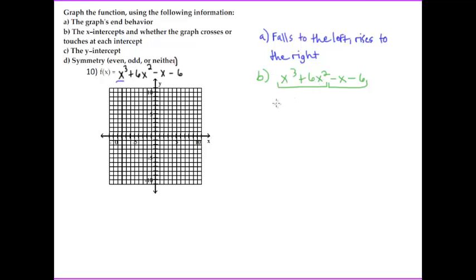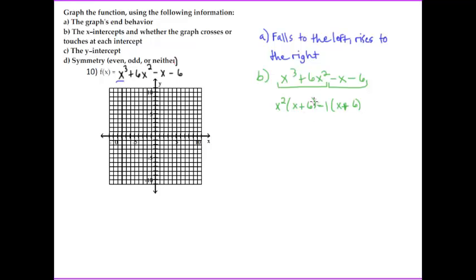So we look at the first 2 terms and we say, what can I take out of both of those? We can take out an x squared, and if we take out that x squared, we're left with x plus 6. The second part of this, you look at what they have in common. The only thing they have in common is that negative. So we're going to take out a -1, because then it leaves us, if we take out the -1, with